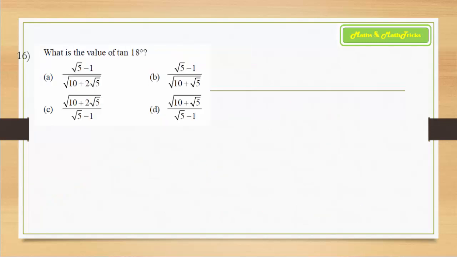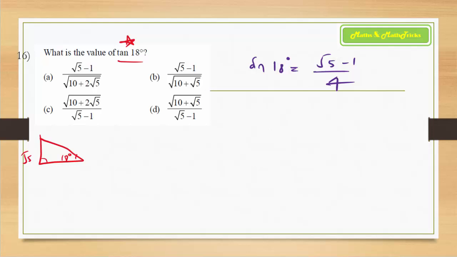Coming on to the next question about finding the tan of 18 degrees value. Tan 18 degrees, to find out, at least you should remember that sine of 18 is root 5 minus 1 by 4. At least if you remember this one, you can calculate value for all the other trigonometric ratios just with the help of a triangle. So you make an acute angle triangle with this 18 degree value for this sine ratio. Opposite is root 5 minus 1, hypotenuse is 4. So what should be the adjacent, this side x.